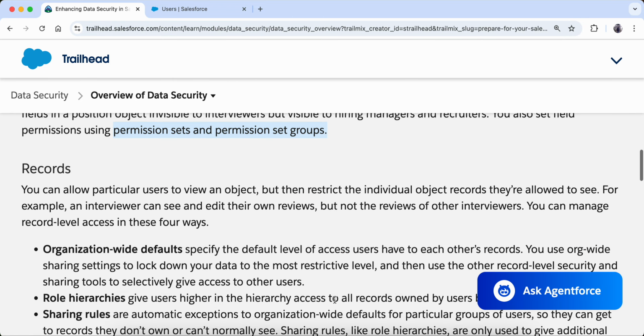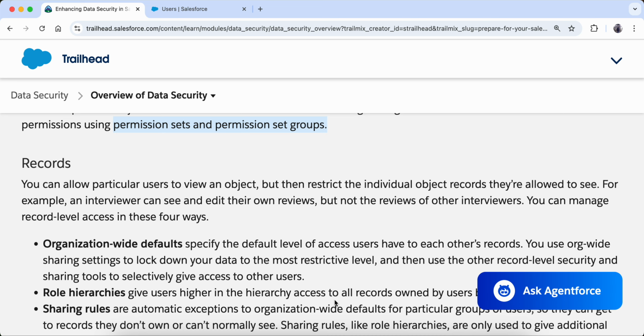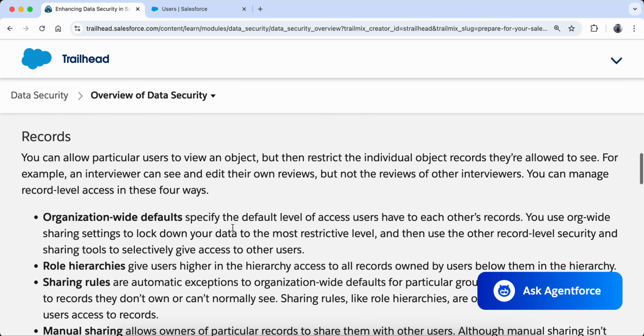Now we come to records. In fields also we have records, right? So what they're saying is you can allow particular users to view an object, but then restrict the individual object records they are allowed to see. What is the scenario in this case?